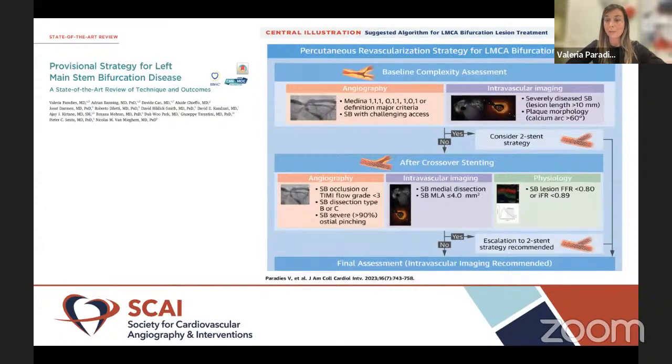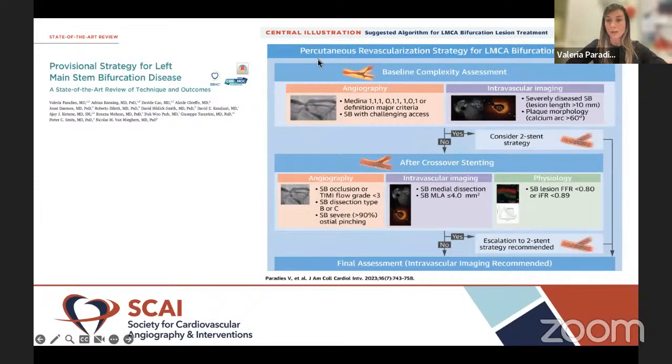So we came up with a suggested algorithm, and we suggest in our algorithm to look first of all at the baseline complexity of the bifurcation lesion before embarking into the procedure. So first of all, starting from angiographic determinants, look at the Medina classification, so lesion complexity, but also bifurcation angle. And also include in your assessment, so pre-procedural planning, intravascular imaging determinants, which can be predictors for side branch